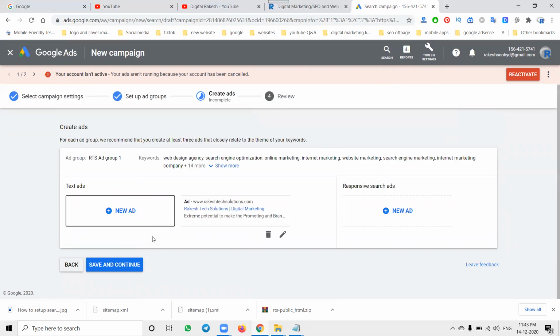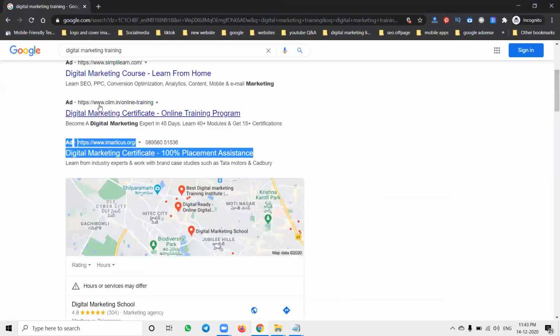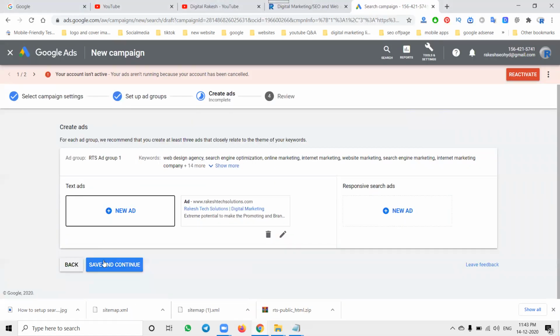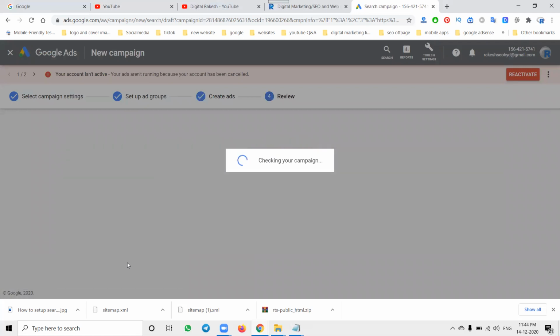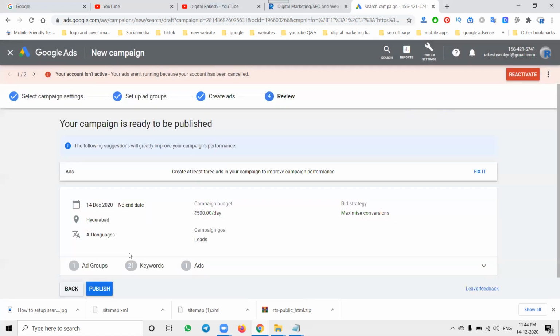Click done. We can create n number of ads. That all will be displayed by Google in certain places. Finally, save and continue. Another two are there that you can create if you wish, for the remaining 2 ads. In total we can create 3 ads here.